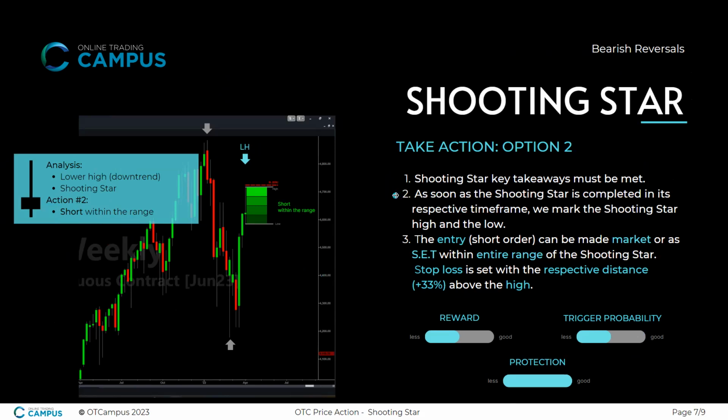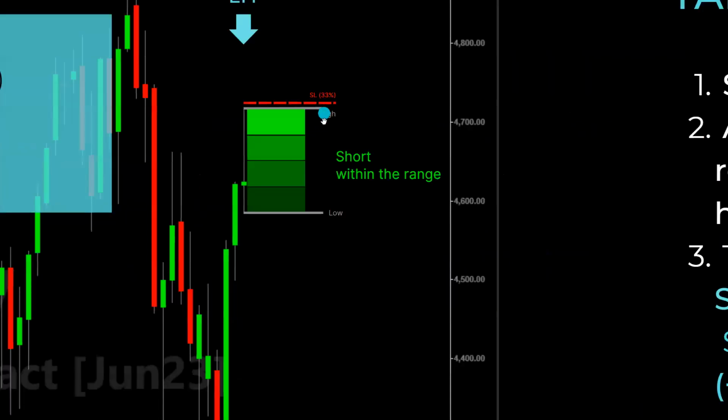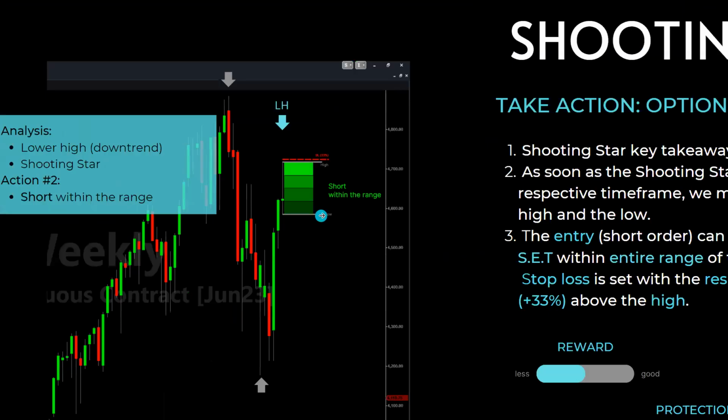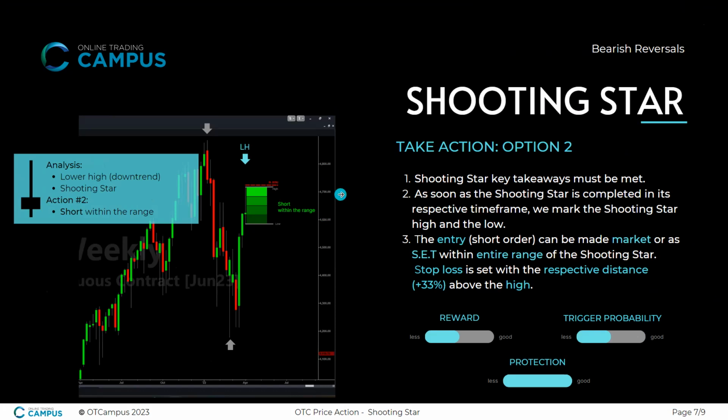Number two, the same here also. As soon as the shooting star is completed in its respective time frame, we mark the shooting star high and the low. Same like option number one, high and the low. And now number three, and that's the first different point to option number one. Set the entry, our short order, can be made market or as a set, up to you, within the entire range